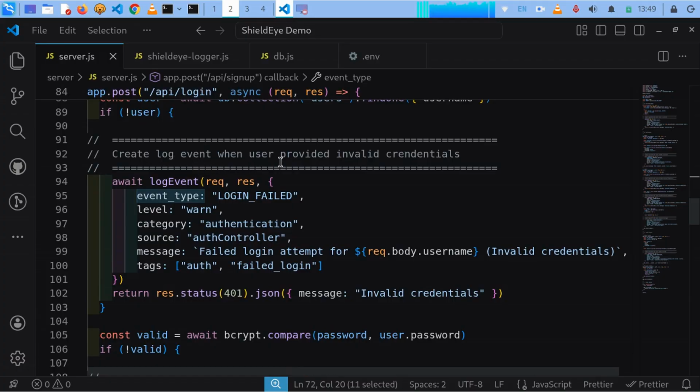The next one that I have here is when a user logs into their account. We are creating log events when a user provides invalid credentials. So when a user tries to log into the account with invalid credentials, maybe a wrong password or username, we want to create the log event so that it can tell us what actually happened. For example, the event type is login failed, and